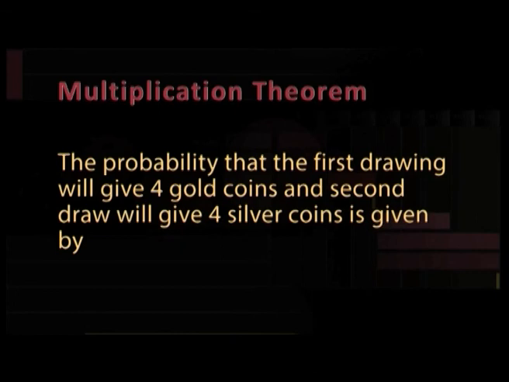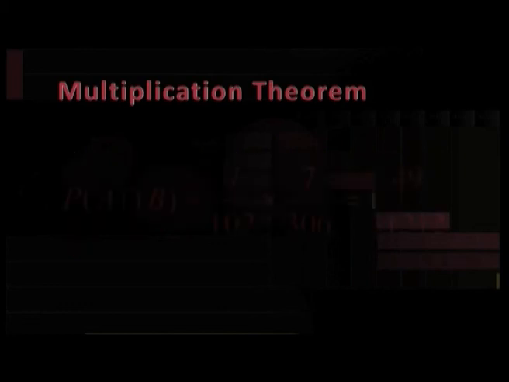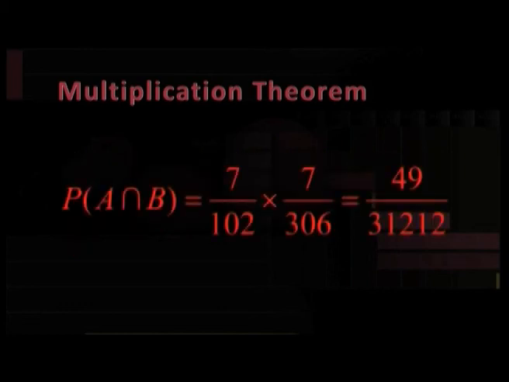Therefore, the probability that the first drawing will give 4 gold coins and the second draw will give 4 silver coins is given by probability of A intersection B is equal to 7 divided by 102 multiplied by 7 divided by 306 is equal to 49 divided by 31,212. When the coins are not replaced before the second trial, the event B will depend on the event A,